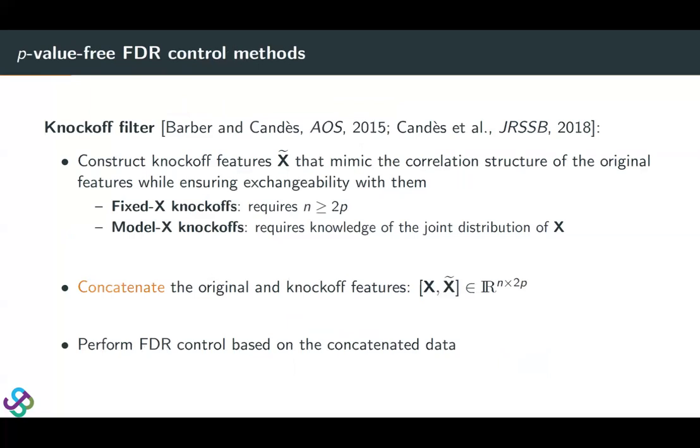So to address these challenges with p-value calculation, there is a line of literature in recent years called the knockoff filter. So the idea is very interesting. Basically, we want to construct knockoff features. We call that X tilde. It has the same dimension as our design matrix, n by p. So the goal is to have the knockoff features in this X tilde, the p knockoff features that have no effect on our y. But these features have the same correlation structure as the original features in X,